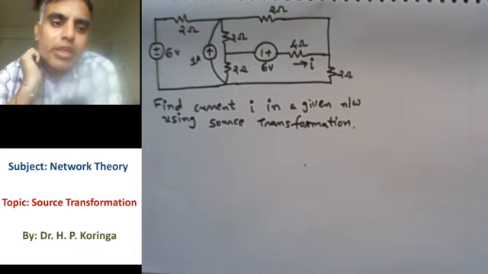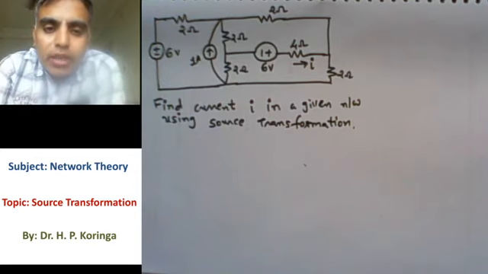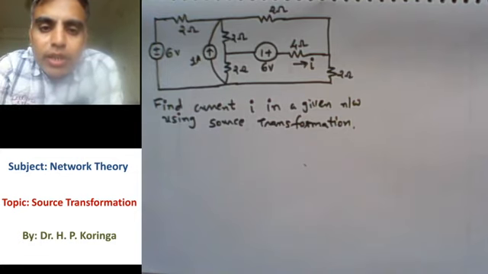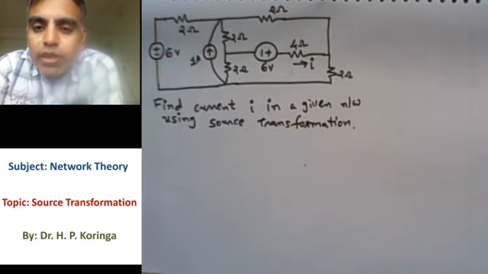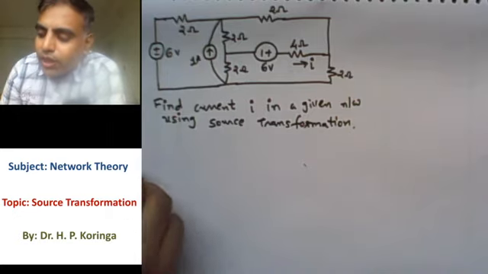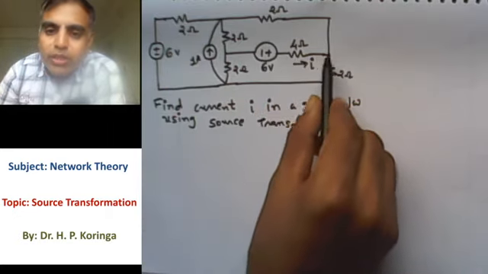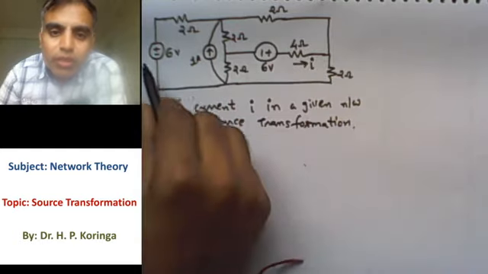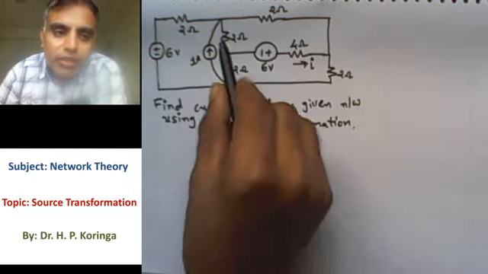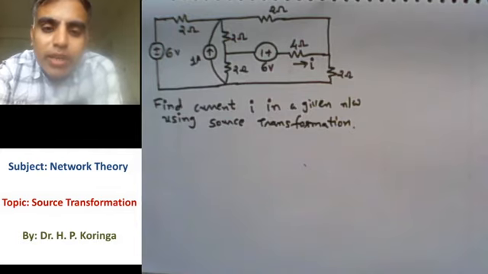So our try should be to make the voltage sources in series and current sources in parallel, right? So in this network, our interest is to find the current passing through the 4 ohm. So we'll keep that branch as it is and will not replace anything. We'll replace the remaining network around it, keeping this 4 ohm in series as it is, and simplify the rest into a single loop.